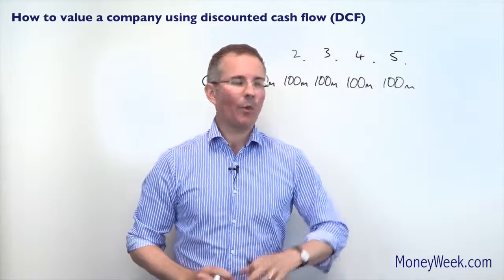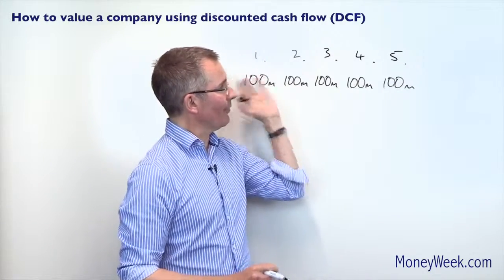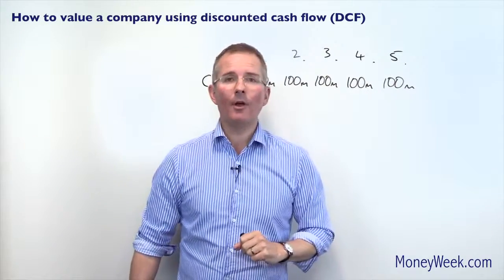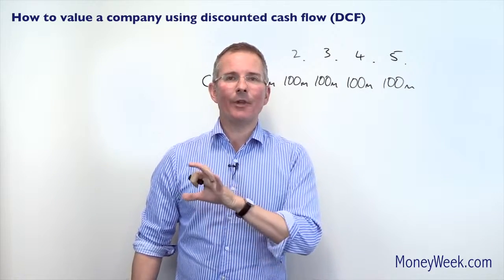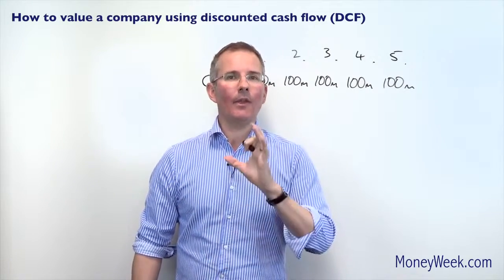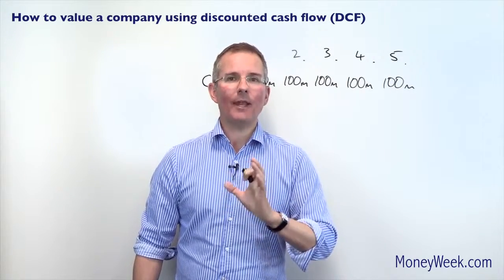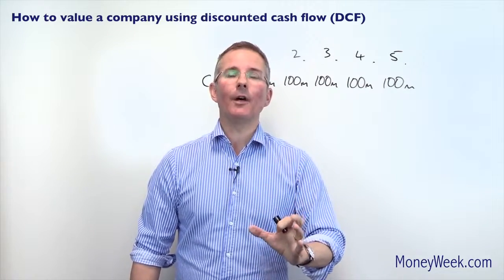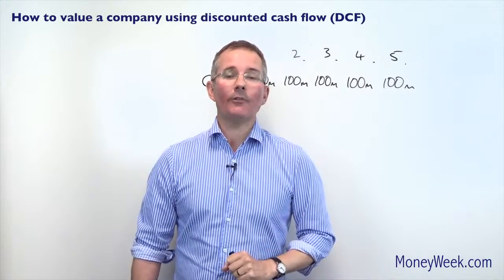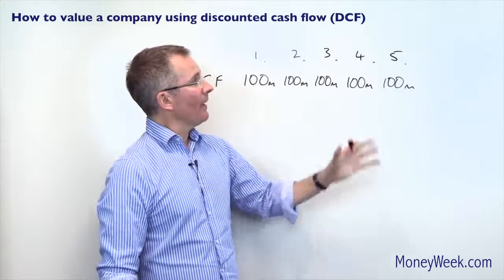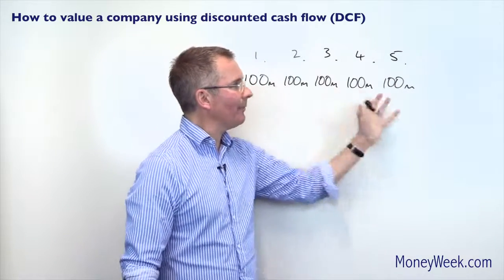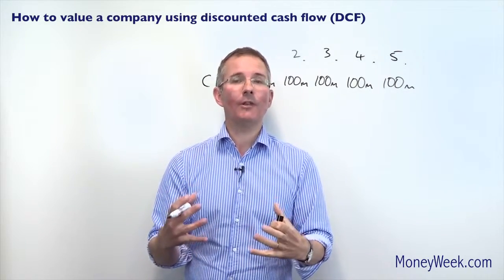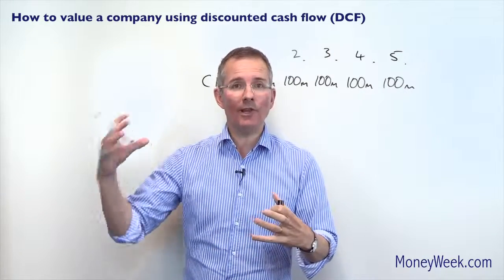Because straight away you've got a problem, which is, if you've got your forecasts right, let's assume you have, is 100 million in 5 years' time worth as much as it is received in 1 year's time? And the answer is no, because inflation erodes the value of money over time. Now, this is not a maths video, and I cover discounting somewhere else, which I mention at the end, but what I'm about to say is you can't just add up these 100 millions and say, well, the company is worth 500 million. That's the value of the income it generates, because you need to do something called discounting, hence the expression DCF,